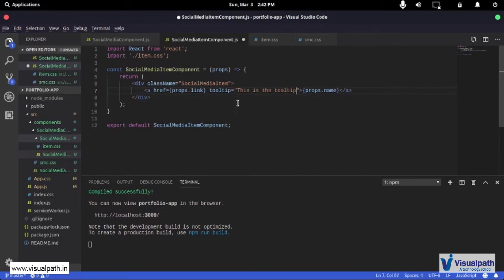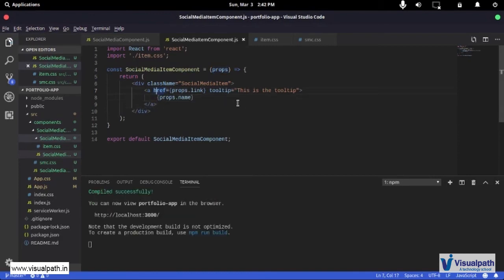This can also be an example of how React is powerful: if I change this component right here, called the social media item component, and give it a new thing called tooltip, then I don't have to do that in all the rendering logic that I'm going to write. If I was using traditional HTML, CSS, JavaScript, I would have to write this 4 times.